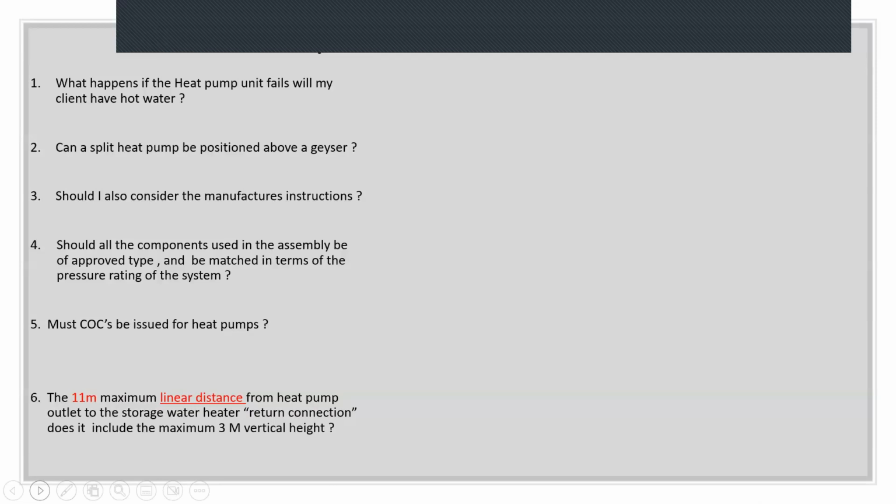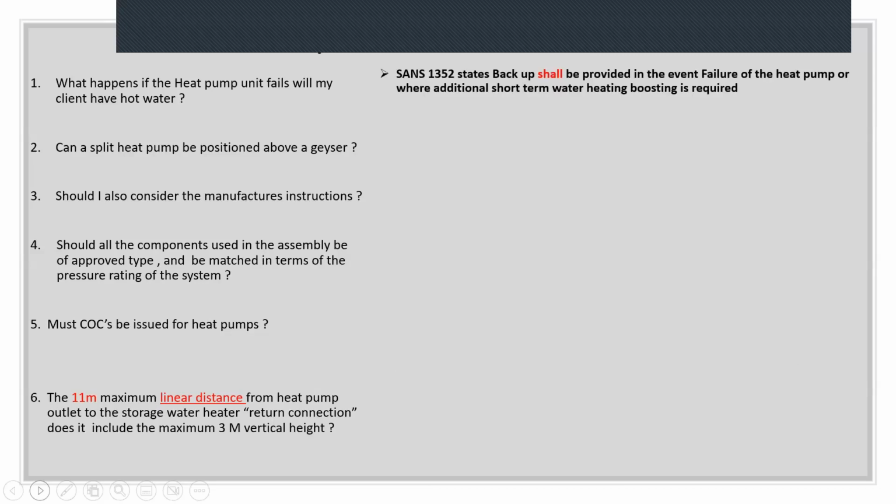So some common questions we get asked, and we received some phone calls on these kinds of heat pumps. One of them is, what happens if the heat pump unit fails? Will my clients still have hot water? And the answer is that within SANS 1352, it states that backup shall be provided in the